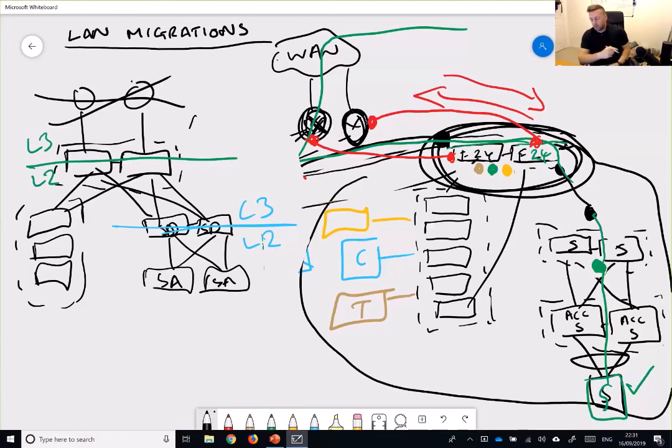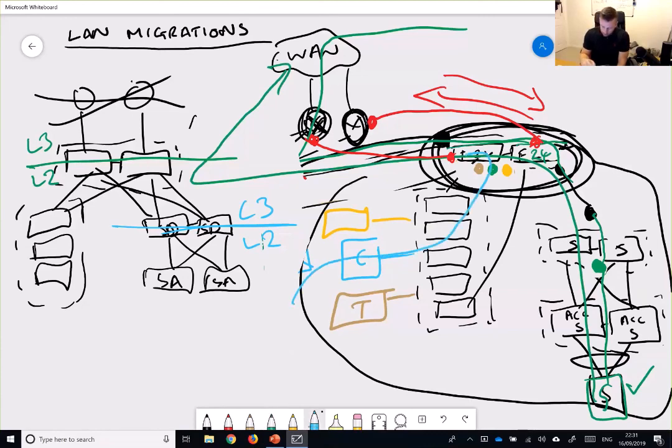One last thing I just wanted to mention, and we won't go into the detail, in regards to stretching the layer 2. We put a scenario there where, if I draw this traffic flow back, it had to go up here and then over to the old side and then back. One thing you could potentially do, well, that was a bad example. If it was the blue one, it would have had to go all the way back like that.